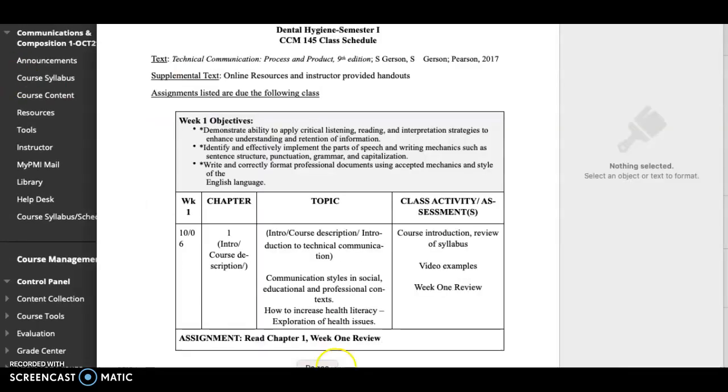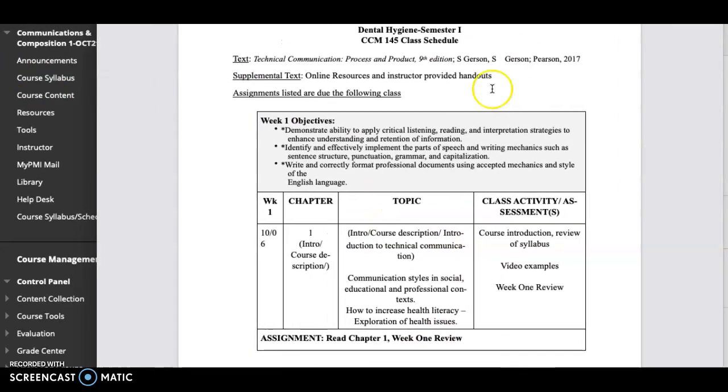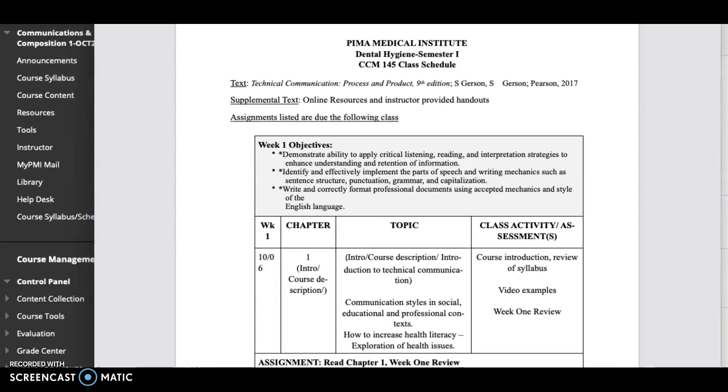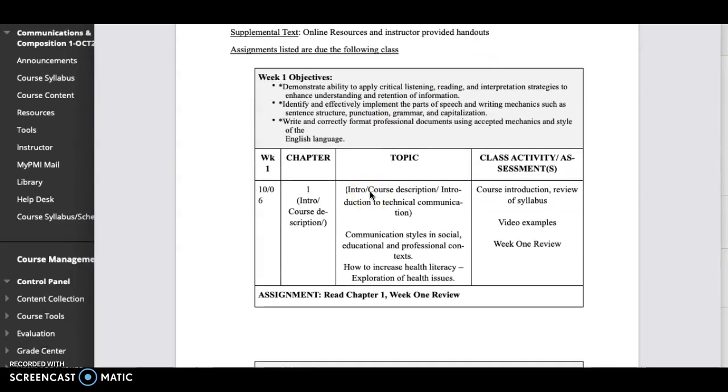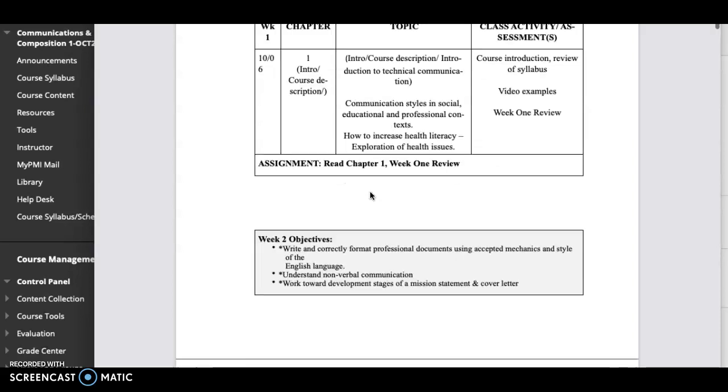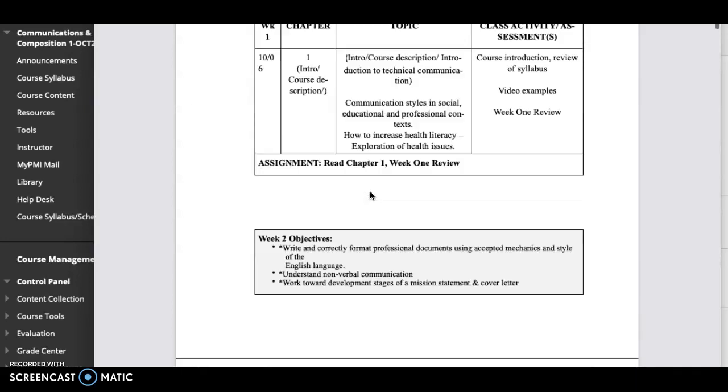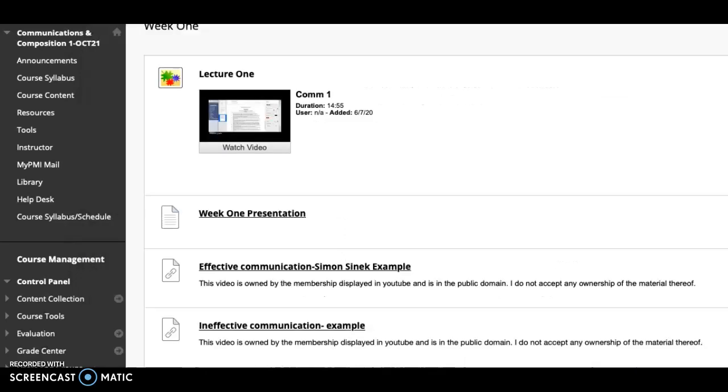So let's look at the course schedule. Fairly easy to navigate. I'm not going to go into a lot of detail regarding it, and I apologize for the format if you can't see it. But you're going to have information about the objectives of the course in that given week. You can see, of course, week 1, outline your topic, your class activities are all there. And this is subject to change and there could be issues. So if you notice anything that might seem off, please let me know. But take a look at that and it should be a good guide for you in the course.